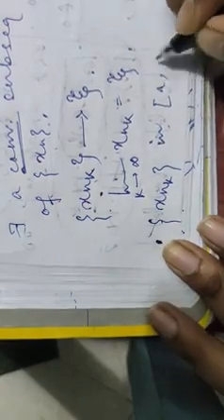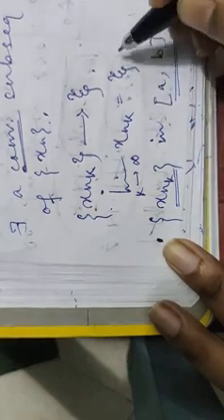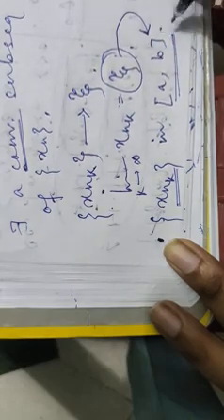Now x_{n_k} is a sequence in closed [a, b], because it is a subsequence of x_n, which is in closed [a, b]. That is, this is a sequence we are considering from closed [a, b]. That means its limit will also belong to closed [a, b] according to the limit theorem of sequences. That means this xi also belongs to closed [a, b]. So in the next line we write that xi also belongs to closed [a, b].